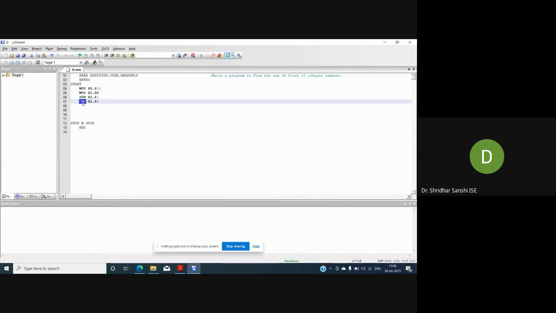So what are the flags you have studied in the last class? Yesterday's class explained the different flags. Can anyone tell what the flags are that we have studied?